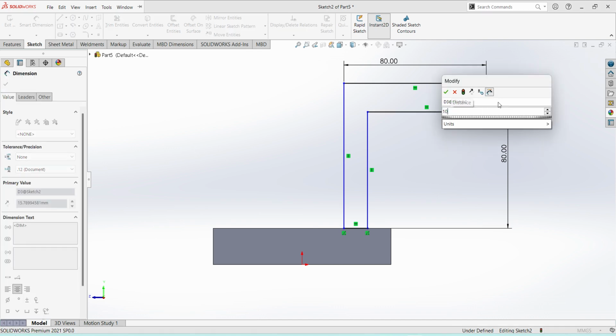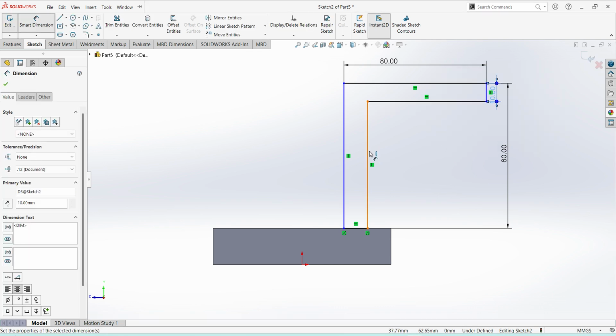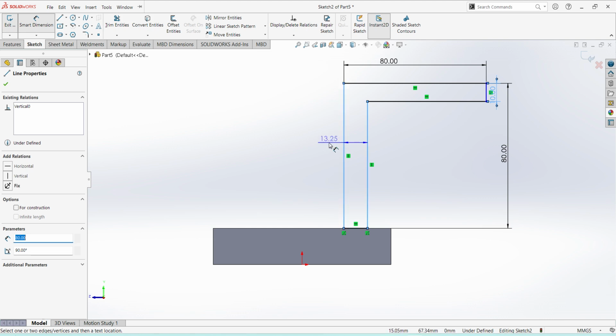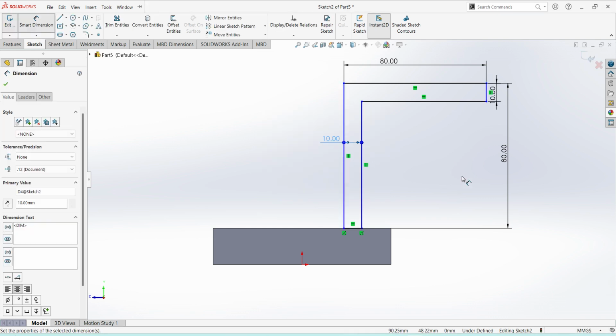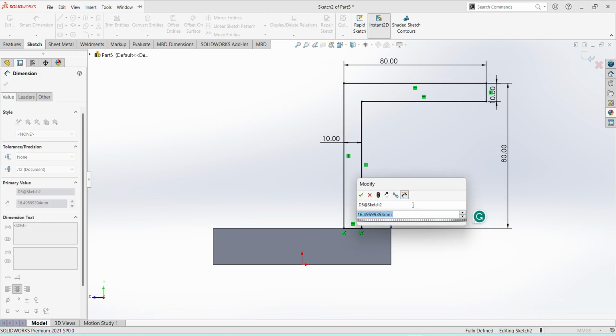This is 10, here to here also 10 mm. From here to here 8 mm.